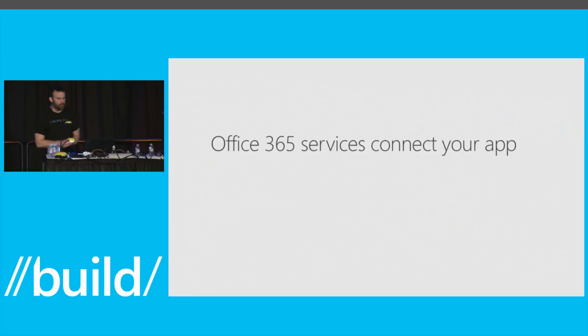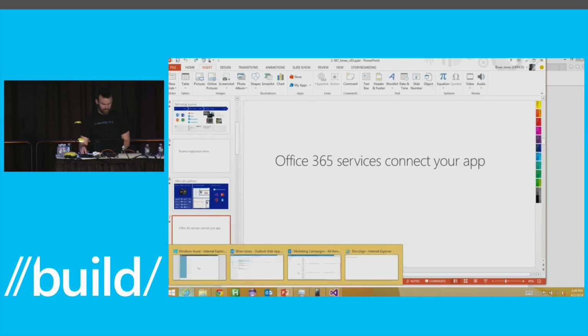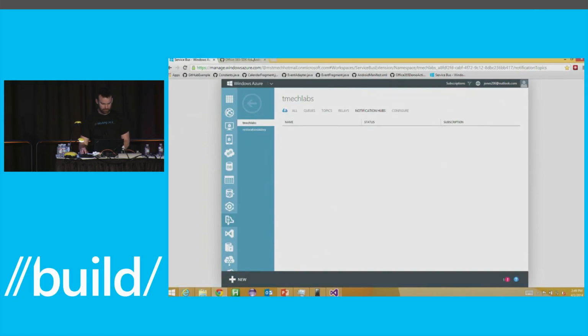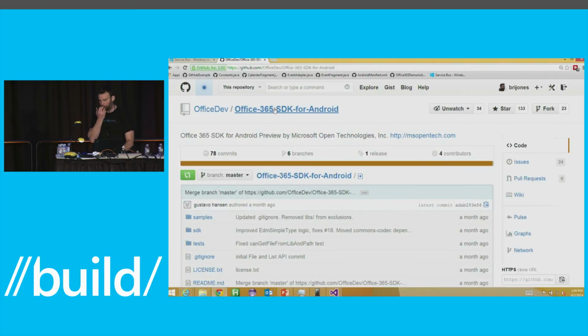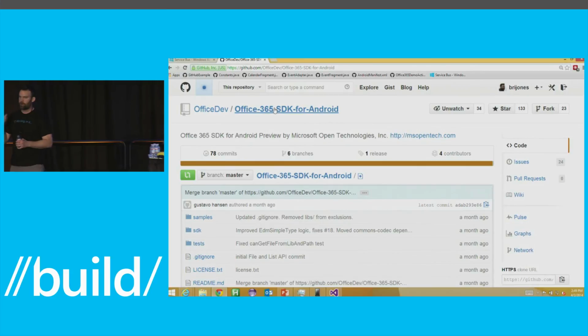So let me talk a little bit about the work that we're doing around the mobile apps. I'm not sure if everybody's familiar with the project we've done up on GitHub, so let me go there. We have an open source project on GitHub that is an SDK for Office 365 APIs. We pushed this up about a month ago. Anybody who's building an Android app that wants to connect to Office 365 services can use this, and it makes it super easy to connect to those services, consume them, and program against them.